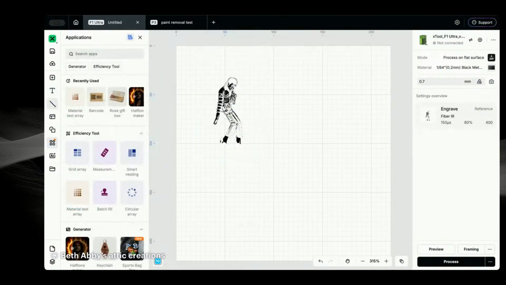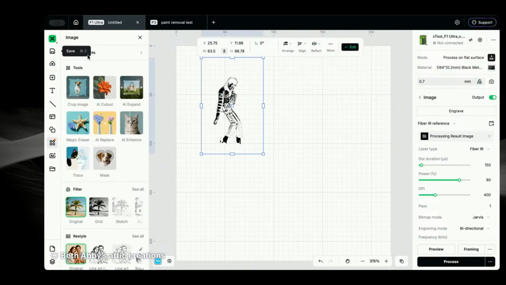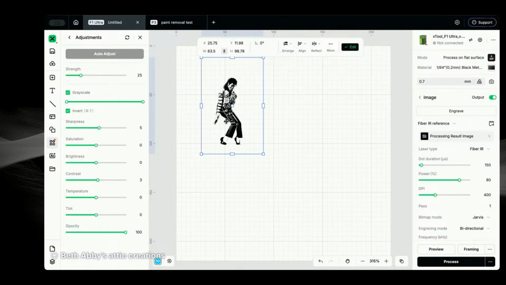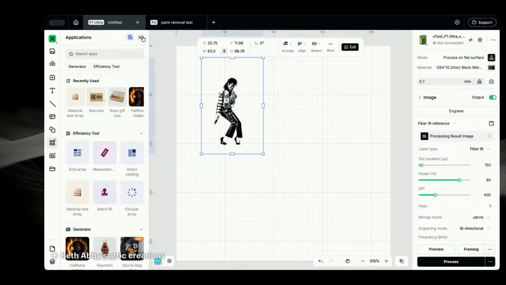All right, so, oh, come on. Edit. So you'd want this black and white, which it already is, because you want a black and white photo for it. And you would go to,